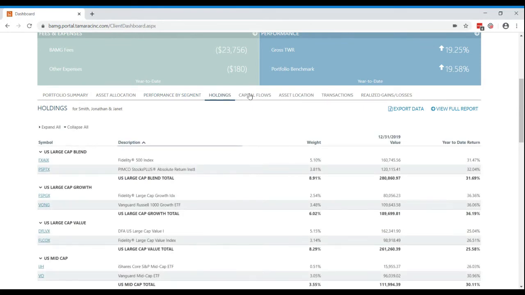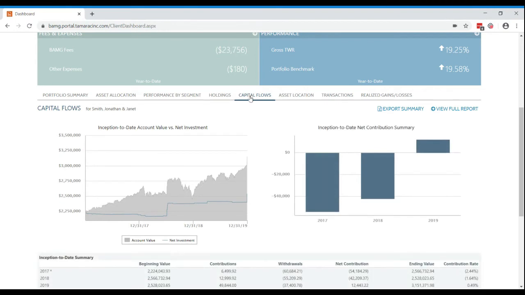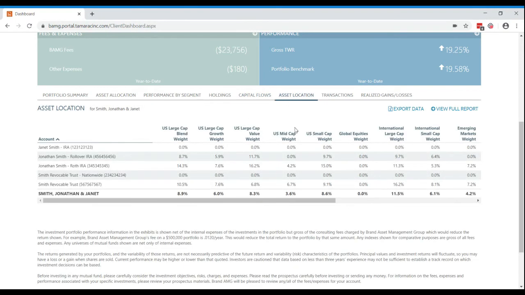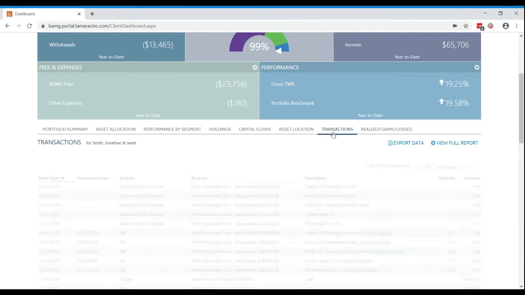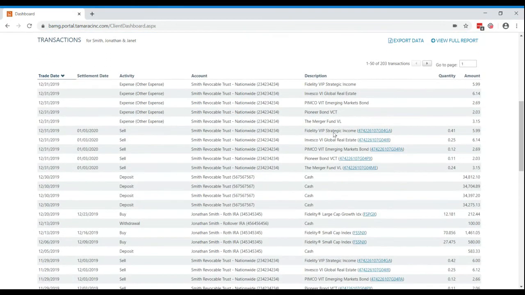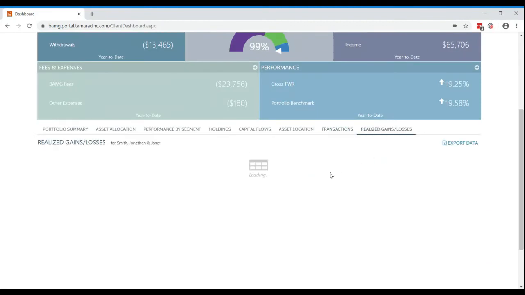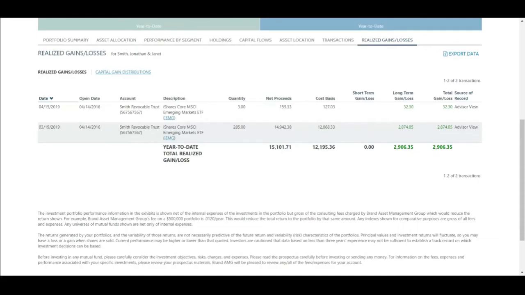You'll find cash flow detail on the Capital Flows tab. And using the Asset Allocation tab, you'll be able to see how each account is invested across the various allocation categories. The Transactions tab will outline portfolio activities such as deposits, withdrawals, expenses, and trade activity. Finally, you can check the Realized Gain Losses tab for an updated view of any capital gains that have been realized